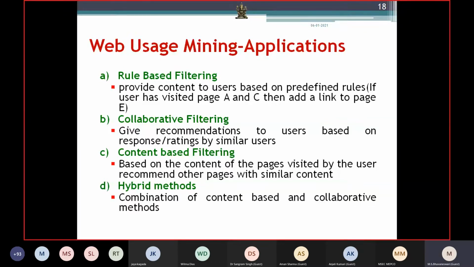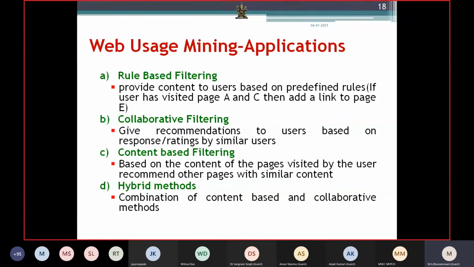Collaborative filtering means it all depends on profiles. If I want to buy something, it will see my profile as well as other users' profiles. If it matches based upon the interest of other, similar users, they will recommend a product to me. So, whose interest is similar to mine, based on that they will give a recommendation to me. Here we have two things. One is based upon the items that I buy frequently. If I'm buying a mobile regularly, changing my mobile regularly, they will give a recommendation regarding mobiles. This is called collaborative filtering based upon the item set.